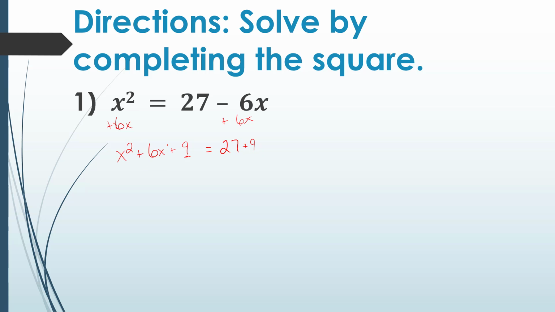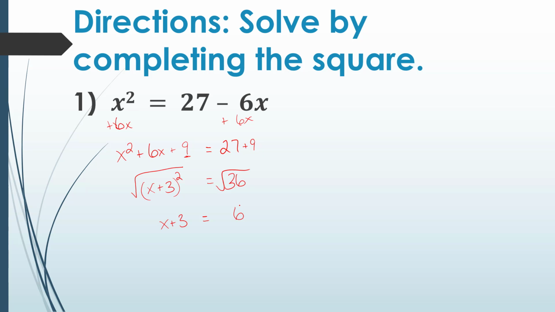Now notice on this side, we now have created a perfect trinomial, and that perfect trinomial can be simplified, stated in terms of its factors: x plus 3 squared. All right, 27 plus 9, that's 36. And so we're going to take the square root of both sides. x plus 3 is equal to